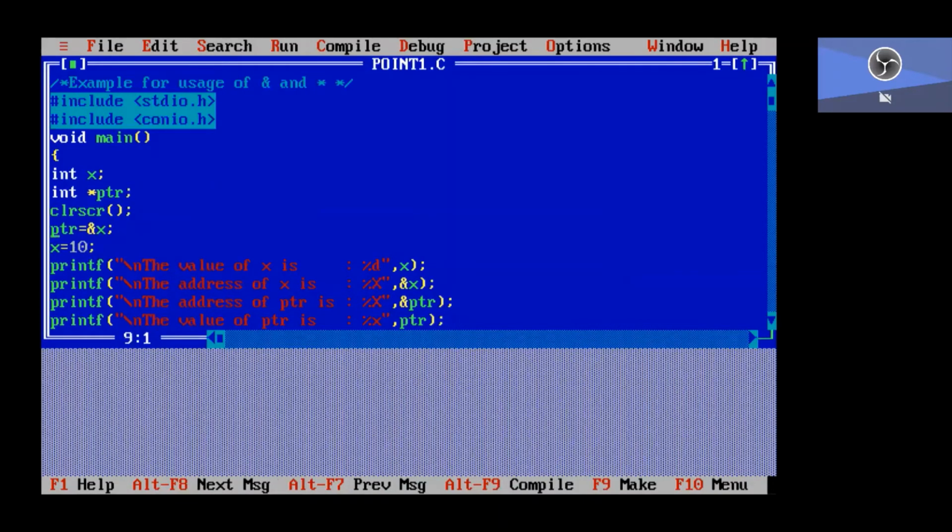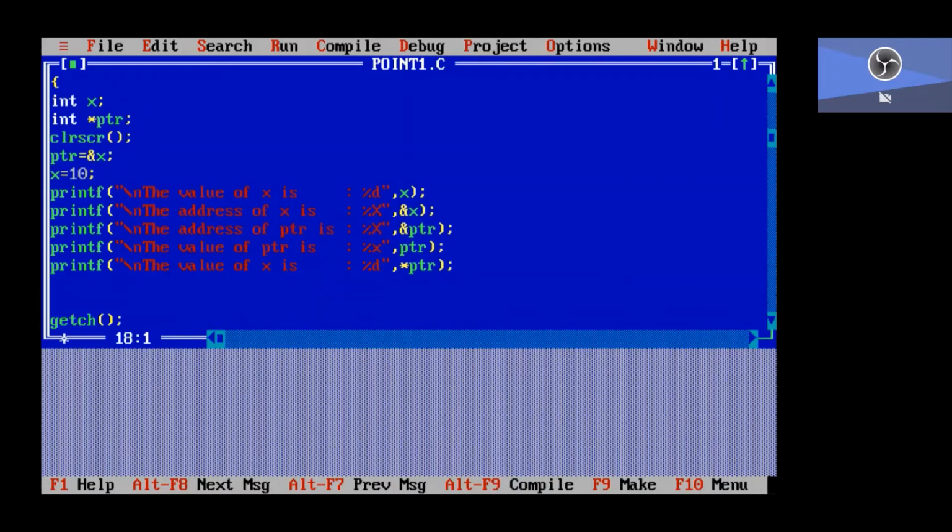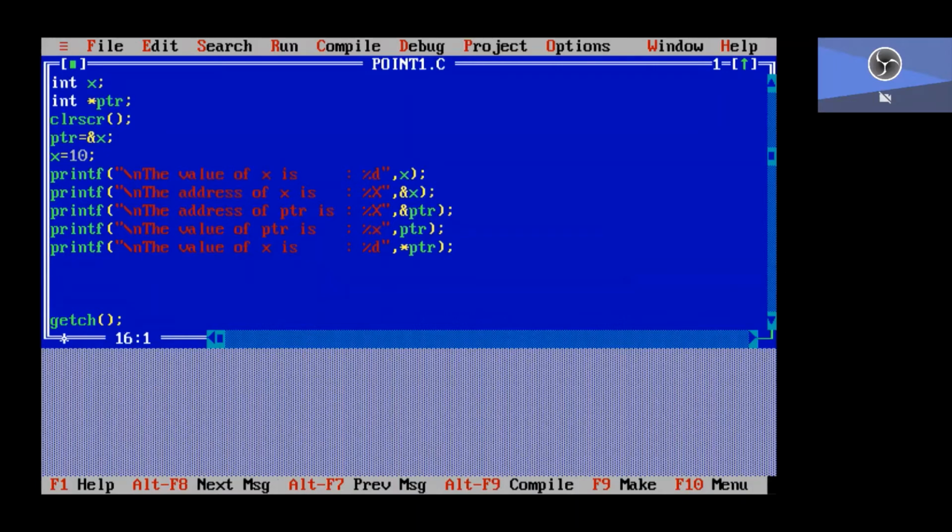Now here I'm going to demonstrate how we can change the x value indirectly. What is the x value now? The x value now is 10. Indirectly, I'm going to give asterisk ptr equal to 24. Now if we print the values,